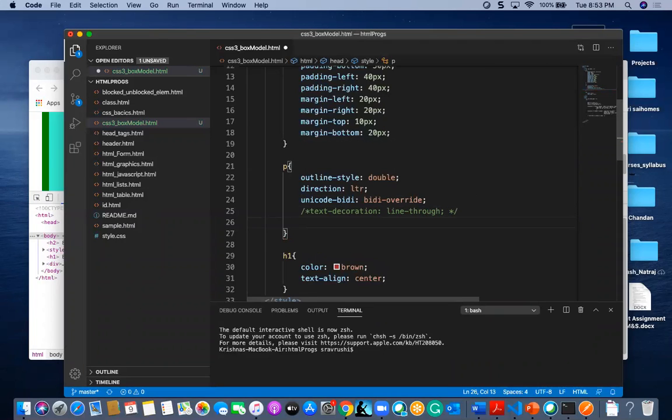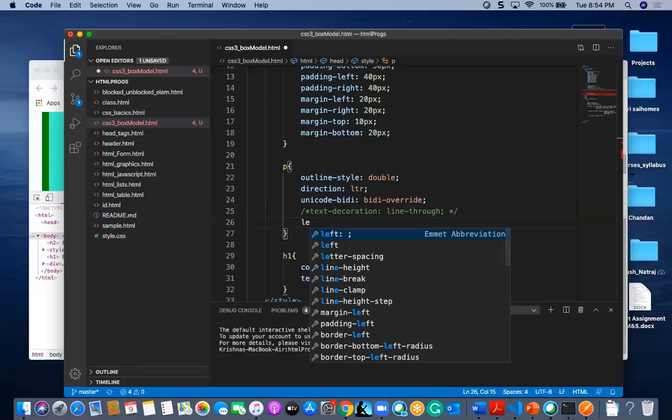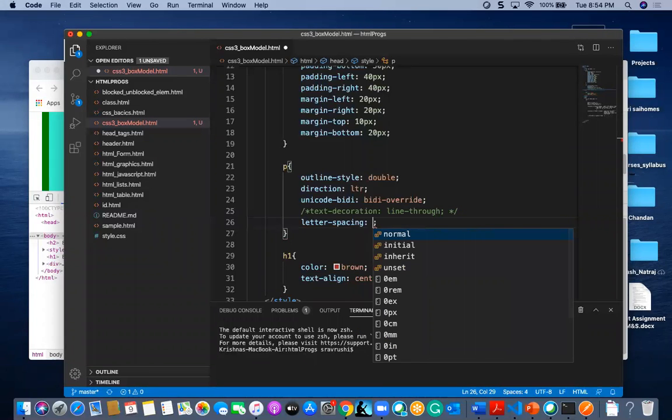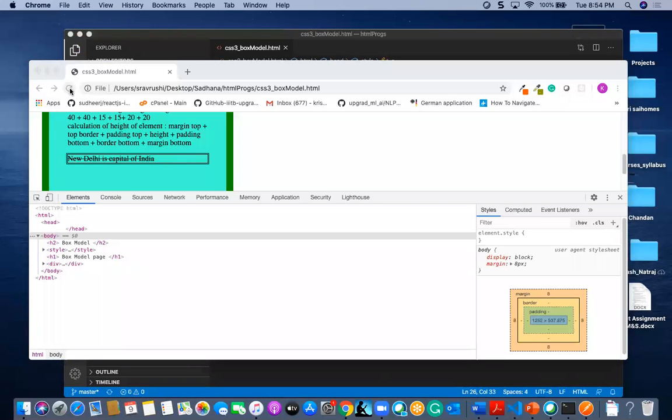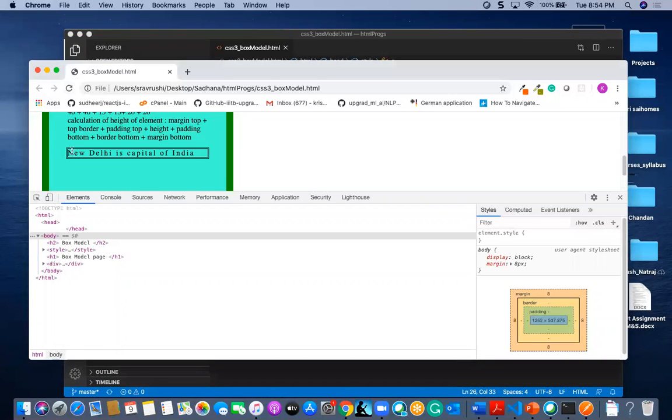I commented that line alone, and here I am going for the letter spacing. Letter spacing will give the space between the letters. Here I can give space between the letters as some 3 pixel. It will expand each and every letter, 3 pixel space it will expand.